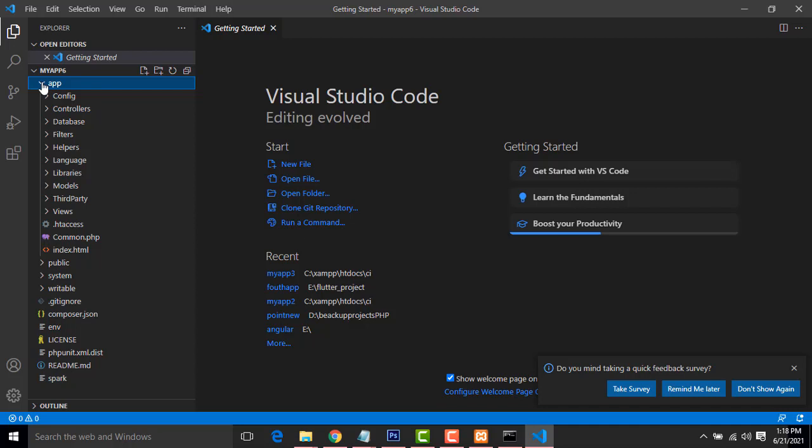Okay, M means model, V stands for view, C stands for controller. So you can see here controllers are there, models will be there, and views folders will be there. Okay, additionally we have configuration, database, all the relevant files.